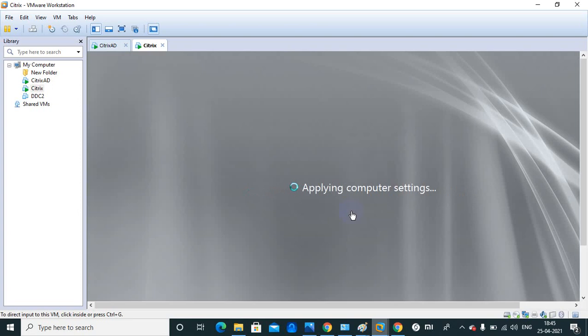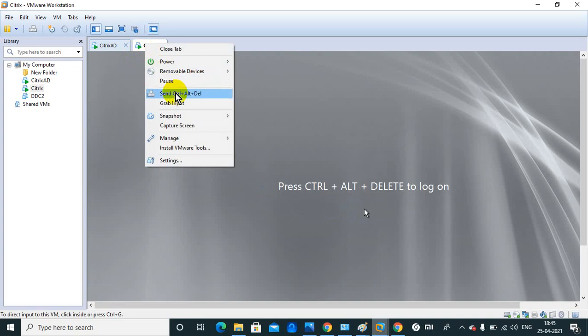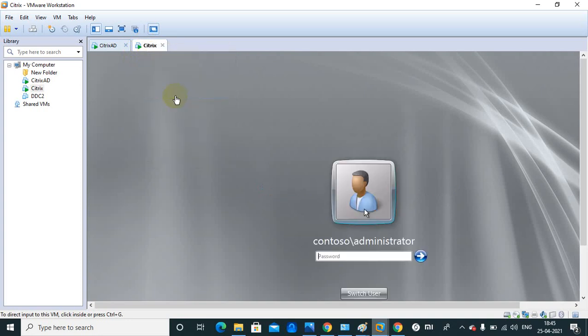At the same time, it will create 10 machines automatically. We don't need to do anything in the background. We just need to select the machine name range from XA1 to XA10 or VDA1 to VDA10, and once we process, it will create the machines automatically in the backend.